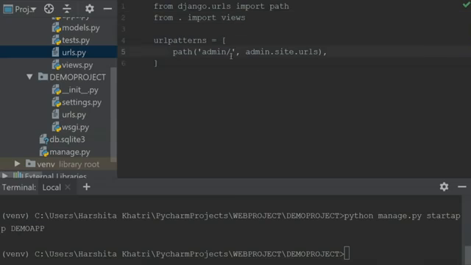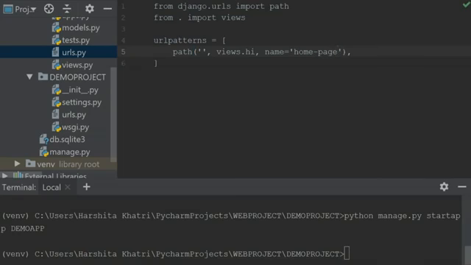And within the URLs pattern, I do not want this admin path, so I'll just remove this and I'll leave the name as blank because I want this to be mapped to my home page. And over here, I'll use views.hide, which is the name of my function. And I'll give a name to this path. You can give any name of your choice. Let me just give the name as homepage, home-page.